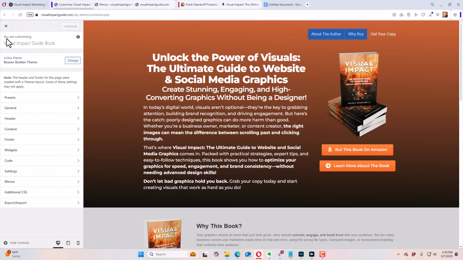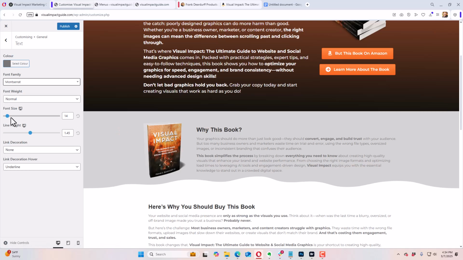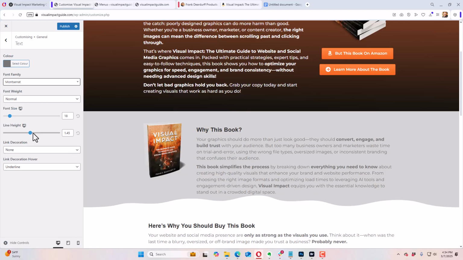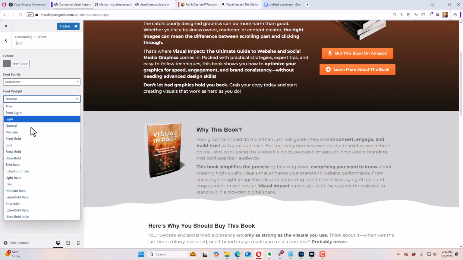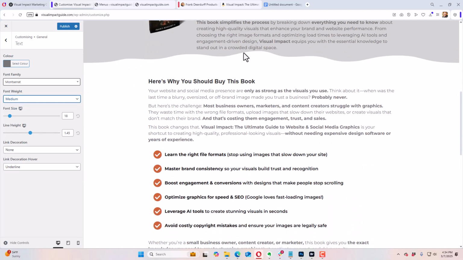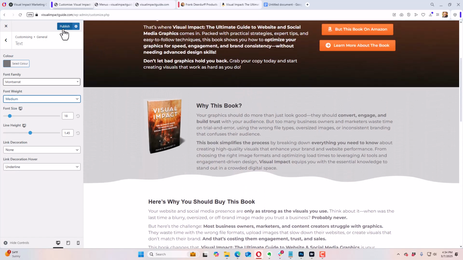And then the final thing I want to do real quick here is I want to go into general text, and I'm going to go to the font, again, I've used it throughout, and again, if I'm saying Montserrat wrong, you can see here, it's here. I'm going to change this to 18 as the default, just because it's more visually appealing. Line height at 1.5 is okay. We're going to do it normal as the weight, because I think medium doesn't look bad. I'm going to change the space here, but I think it looks pretty clean that way, and it's a good size font. So we're going to click publish there,